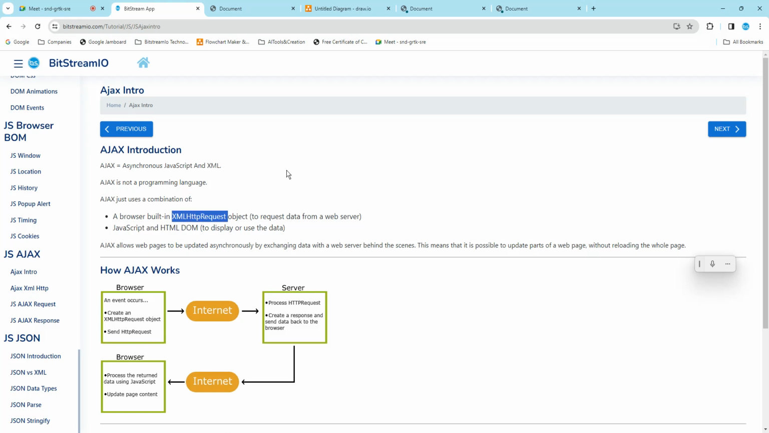Okay, so what is the interview question? What is Ajax? Ajax means Asynchronous JavaScript and XML. So that is the answer. Then, Ajax is not a programming language. Ajax just uses a combination of XMLHttpRequest and JavaScript and HTML DOM. Okay, what is Ajax in the sense? Let me go with